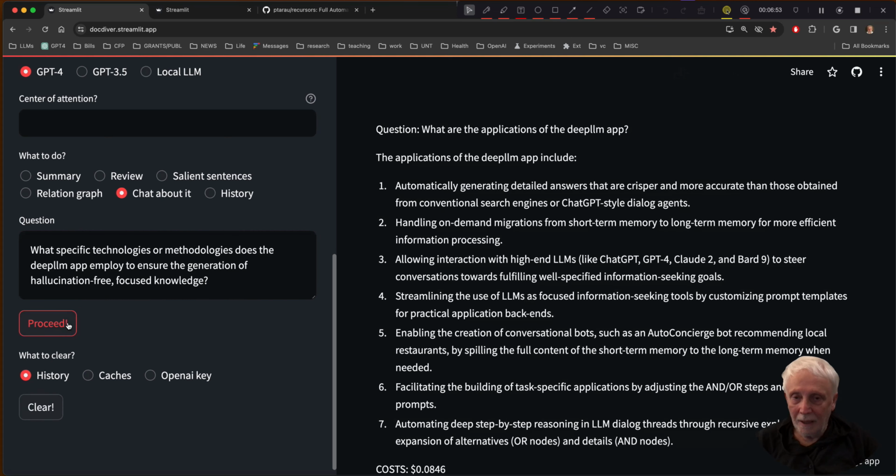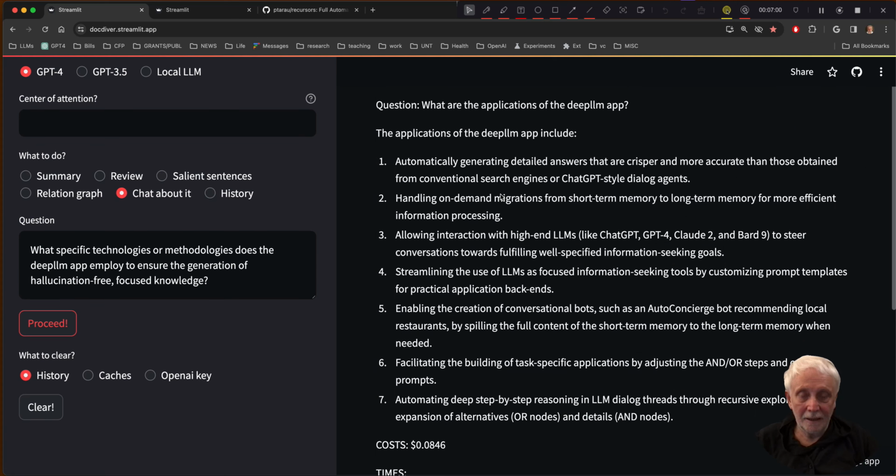So we'll have very quickly extracted some applications of the paper. It answers that question, but I let the LLM take the initiative here, and what you see in the window on the left, what specific technologies or methodologies does the DeepLLM app employ to ensure the generation of